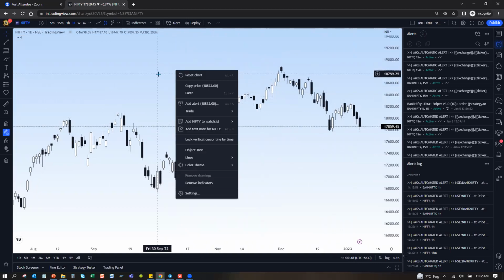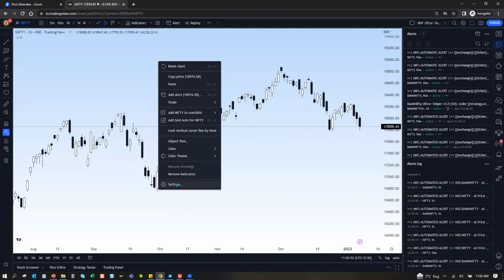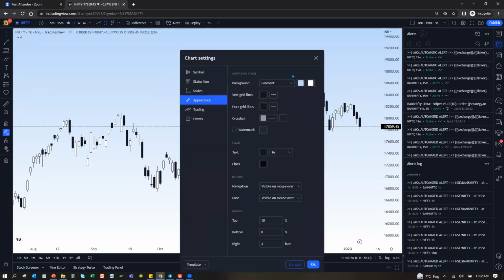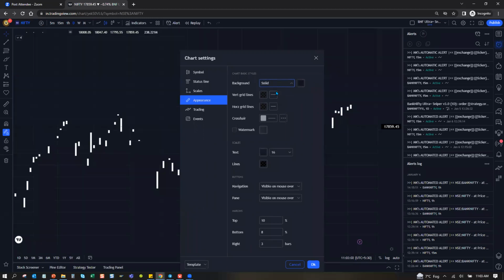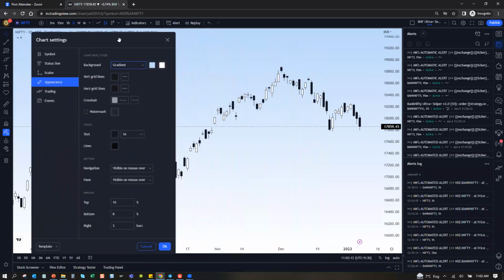So if you want to change the background, you just right click on this chart. Okay, go to settings. Now here you'll go to appearance. Now in appearance, I have this appearance with a blue and a white gradient format. You can do a solid. It'll change like this, whatever you want to have. Different colors, whatever suits your eye or makes reading the chart easier.